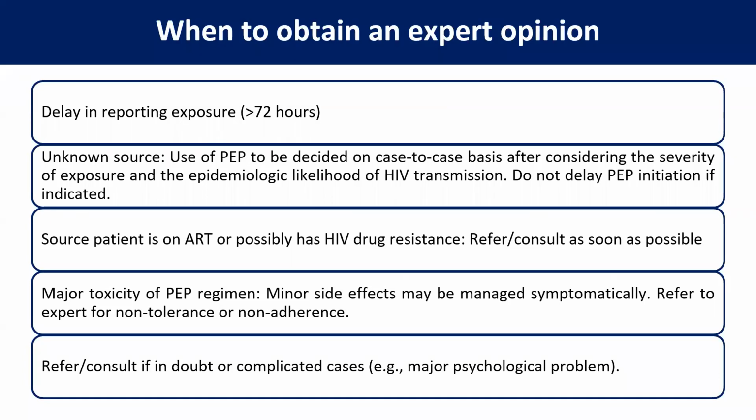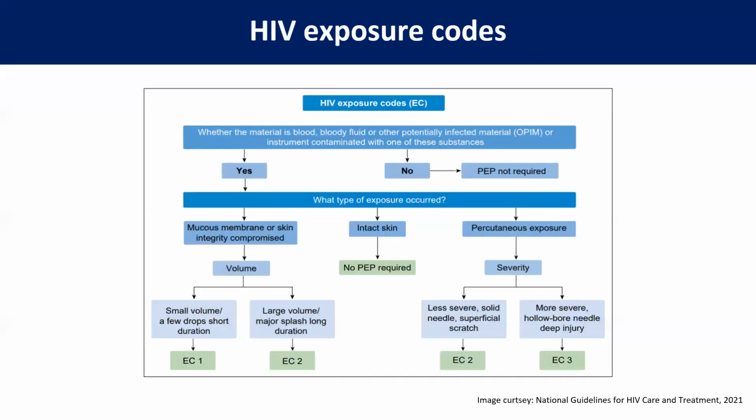When to obtain an expert opinion: when there is a delay beyond 72 hours or the source is unknown, to decide whether to start PEP or not; when the source patient is already on ART and possibly has drug resistance; when there is major toxicity of the PEP regimen; and when the patient has severe psychological problems. It is better to consult an expert. Here we have two codes, exposure codes and